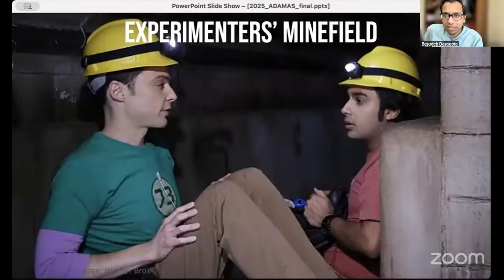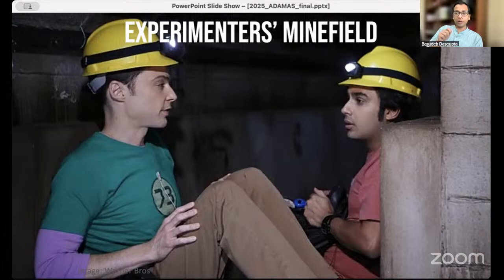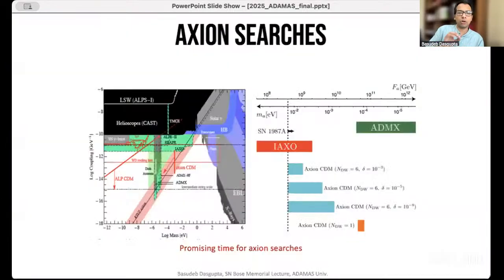So now the question is that we have all these ideas. It's not enough to have this idea. The real fun and the real game here is to check these ideas using observations. You have to be able to do experiments and observations that test these ideas. And if the observations tell you that this idea does not work, or that this idea only works within certain constraints, that tells you a little bit more about what dark matter cannot be. And therefore you start looking at the areas or the regions where dark matter could be, and so on. So let's talk a little bit about it.